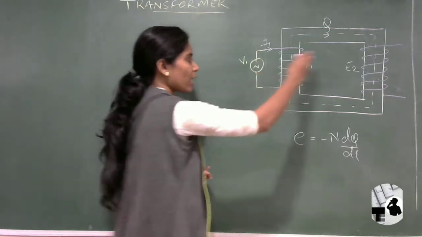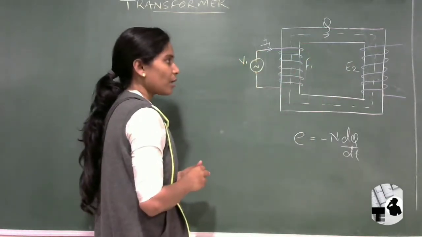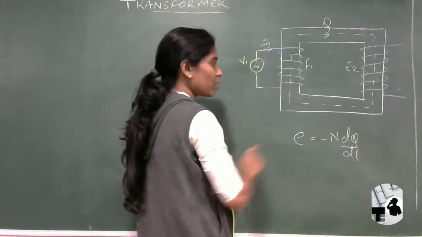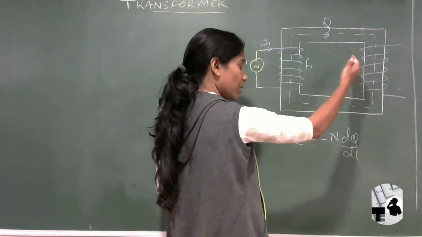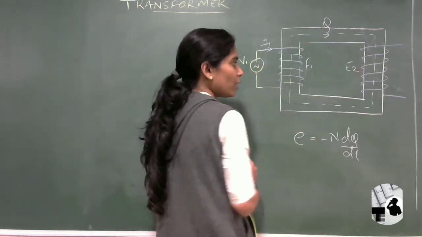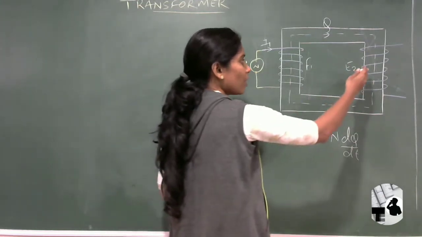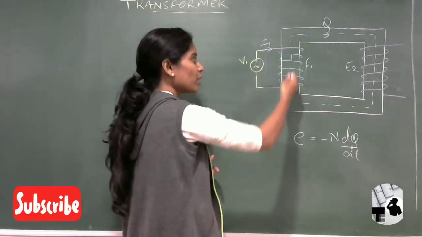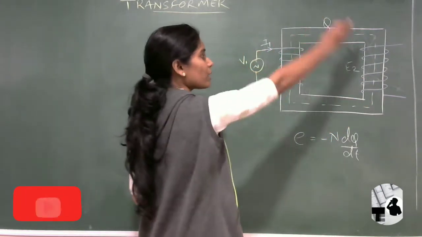We discussed all this in the last lecture. Because of the alternating flux, that is changing flux, we get some EMF in continuous form at the secondary side, which is the secondary coil. Now the flux linking with the secondary coil is the same flux that links with the primary coil, as it goes in a circular way.